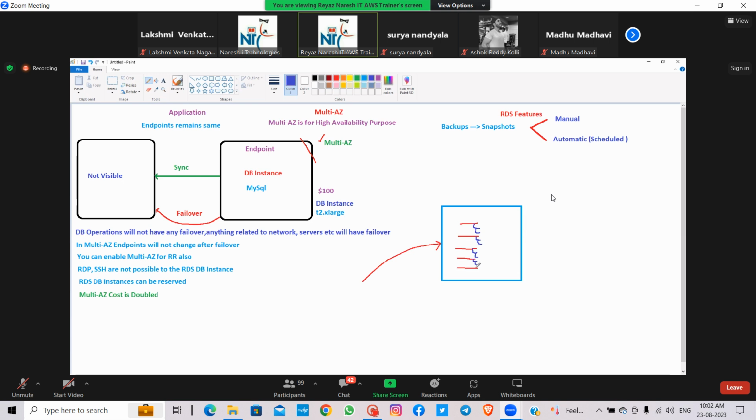So remember, you are not taking the backup of a particular database here. Does AWS have access inside your engine? No. If you're taking the backup, you're taking the backup of the whole engine. The backup of the entire DB instance is called the snapshot.